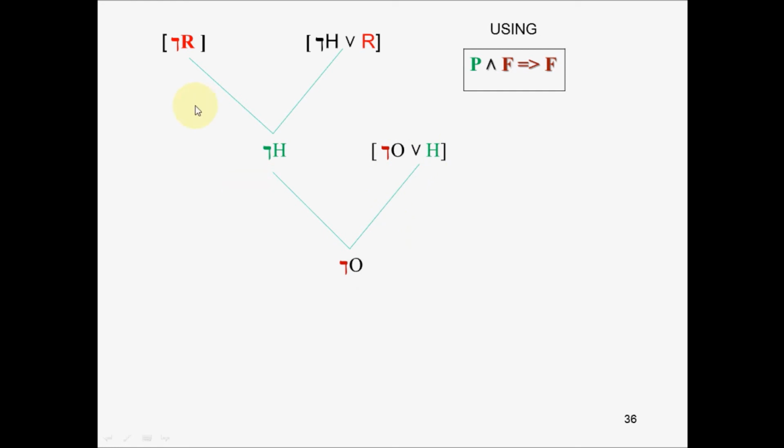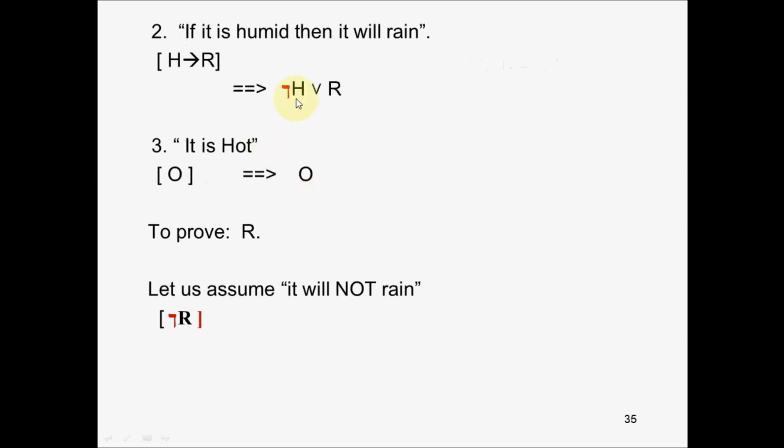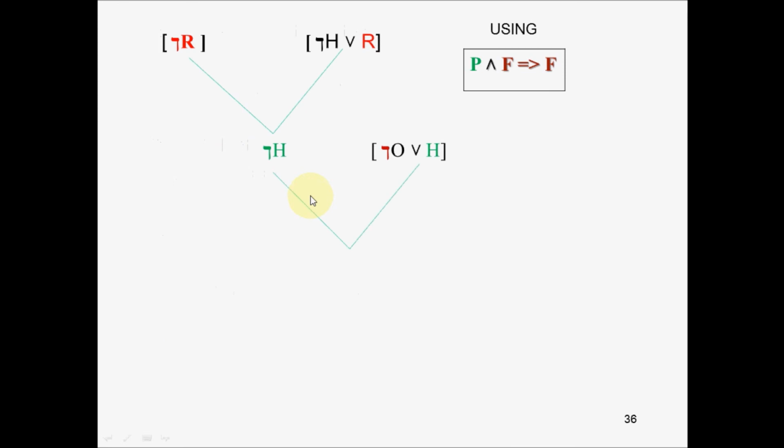Correct? Since sentence number 1 and sentence number 2 are already taken, you cannot take them again. Even this sentence is taken. So what remains? Sentence number 3 remains. And what is the resolvent that we have currently? Not O. So after taking sentence number 3, that is O,